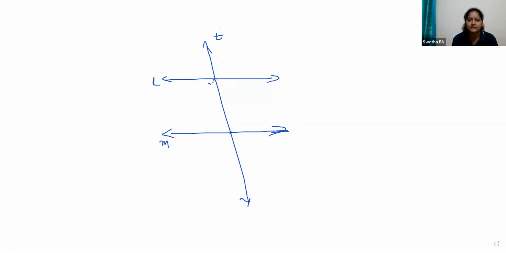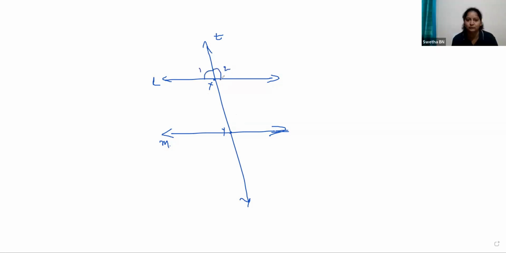You can call them X and Y. So how many angles are forming here? We'll count. 1, 2, 3, 4,